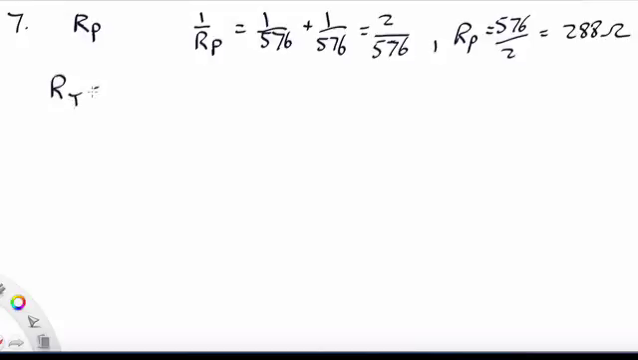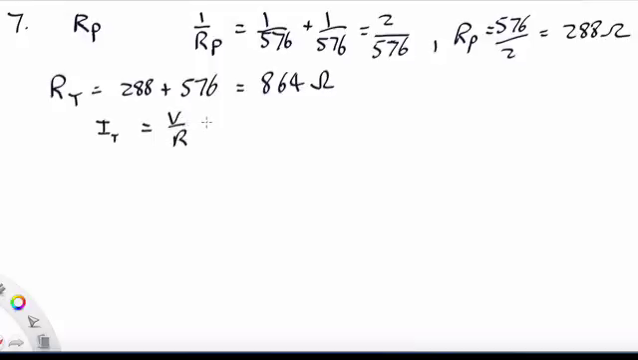So the total resistance is that resistance of the parallel pair plus the one in series. So we have that 288 plus another 576. So we have 864 ohms in total. So the total current, we're just using Ohm's law. We have 120 over 864, and that gives us